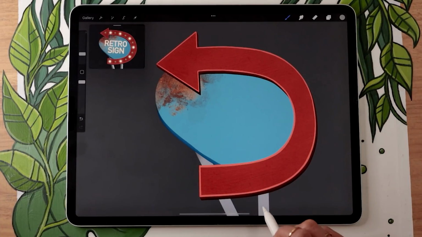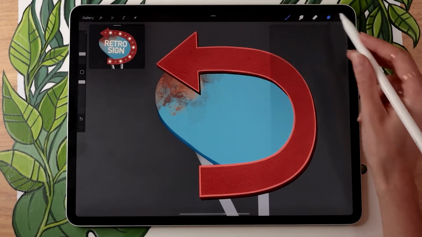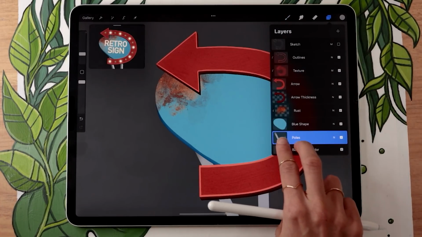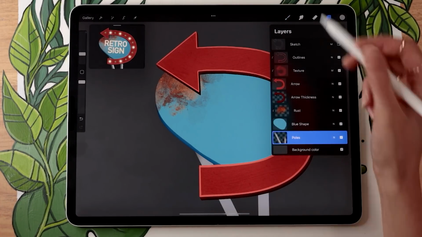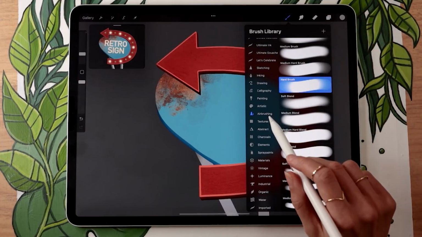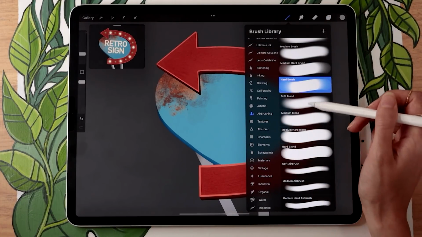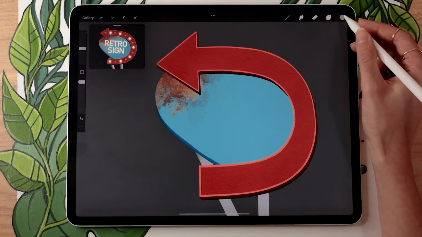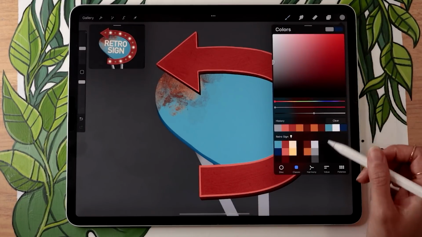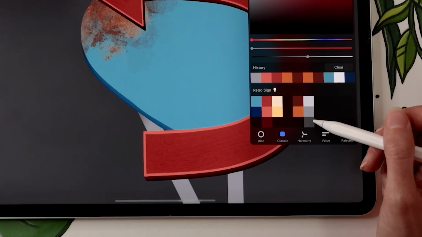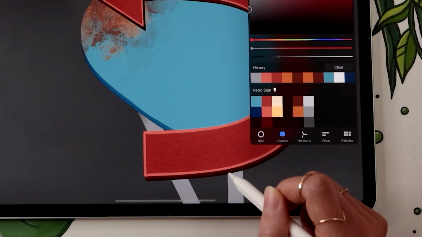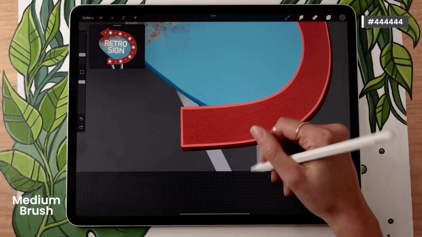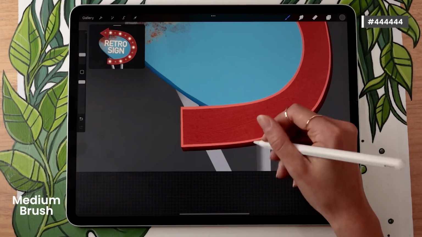And the poles are definitely not the main part of this illustration, but leaving them like that is just so boring and flat. So we're going to quickly go ahead and activate Alpha Lock on the poles. And then we're going to pick from the airbrushing pack, again, brushes that come with Procreate, the medium brush. Now with the medium brush, we're going to paint some shadows, so just picking a darker version of your gray, and the color palette is going to be this one right here. And then you're just going to gently brush over one side of the poles.